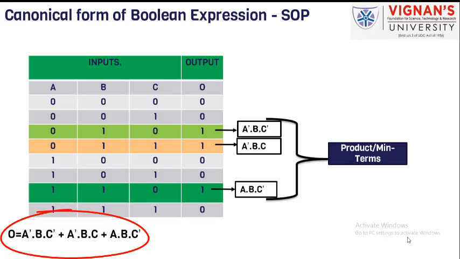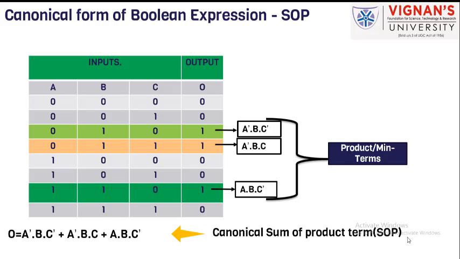If you observe the expression, each term is a product. Such terms are added. That's what is called a sum of product term. And also if you observe, each term consists of all the variables. That means it is a 3 input, so 3 variables are present in each term. That's why this combination is called canonical sum of product term, because a canonical form should consist of all the variables present in the system.